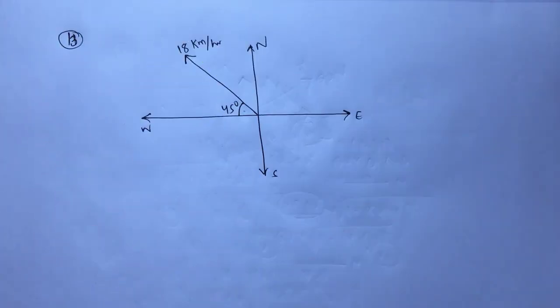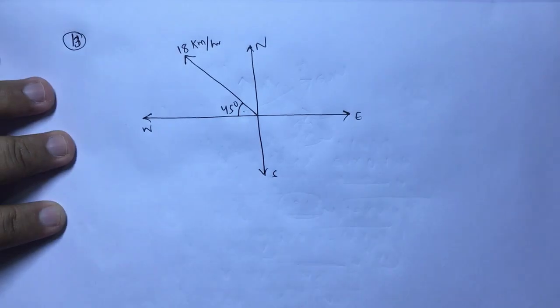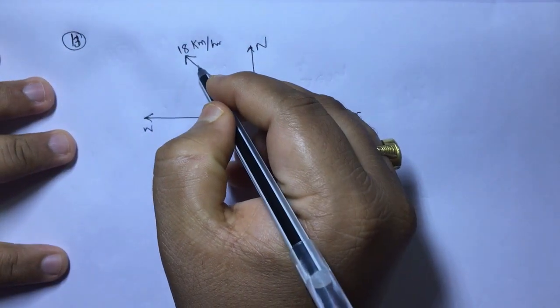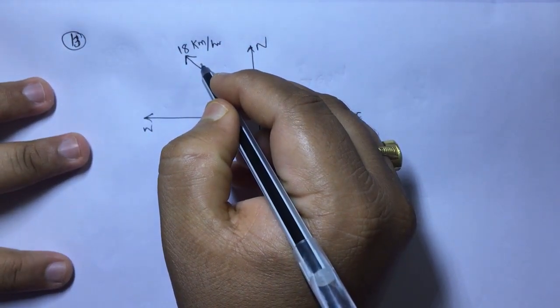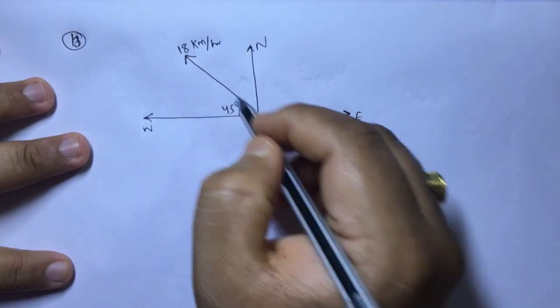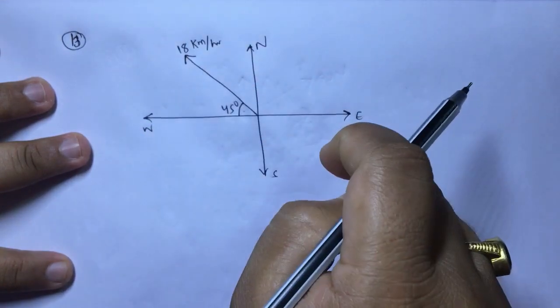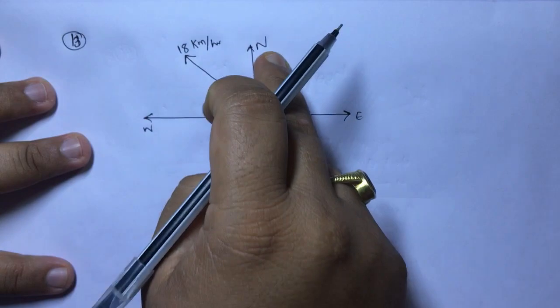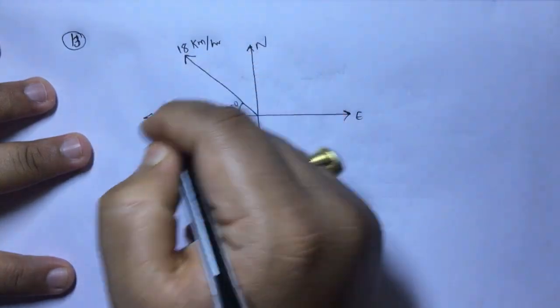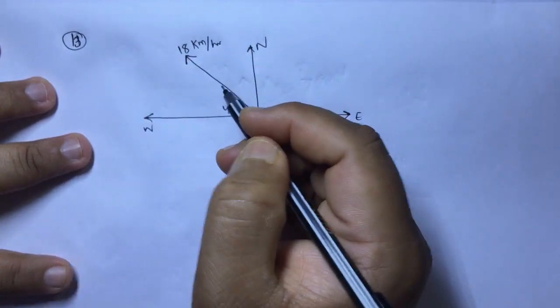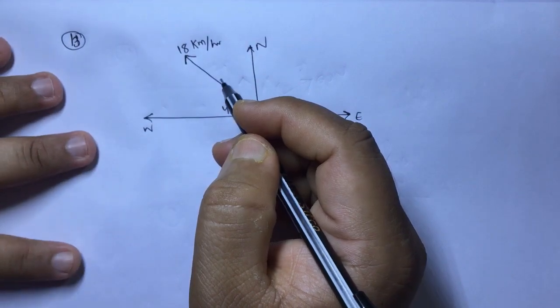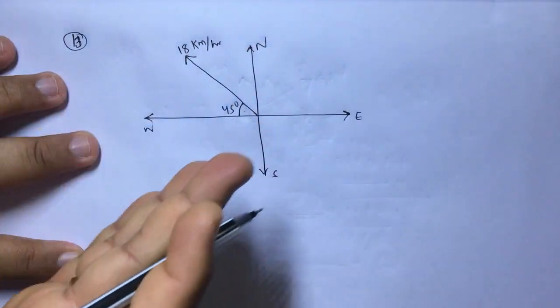Question number 11 and 12, those are assignments for you, very easy questions, you can try by yourself. Now let us come to question number 13. Here it is given that a man rows a boat with a speed of 18 km per hour in the northwest direction. I think you know east, west, north, south. So northwest means exactly in between north and west. So along this direction. And the shoreline means the bank of the river.